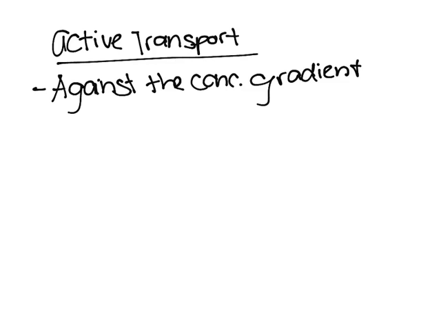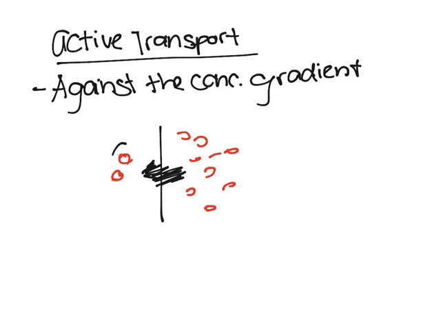And so what that means is essentially if you have a membrane here, a lot of particles here, and a couple here, normally if it was diffusion, things would go this way. However, in active transport, ATP is being used to drive these molecules over there against the concentration gradient. And you need something to push it across, right? Because diffusion wouldn't work. And so it uses